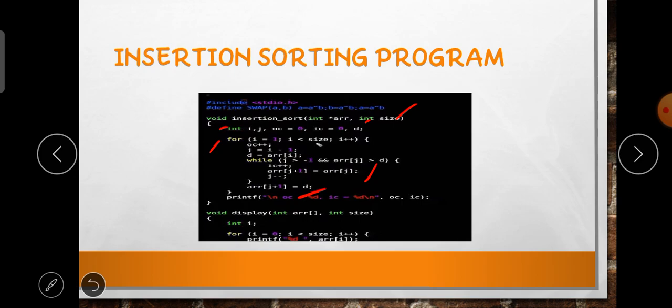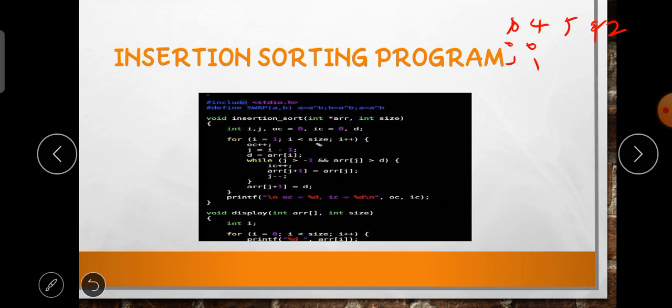This is how the whole program works. How it works, we're going to see. I take the list 8 8 4 5 9 2. This is the list I have. From this list, I initialize the values of i and j. I store the j value here and the i value here, because we compare the first value to the others, so we change the i value one by one.